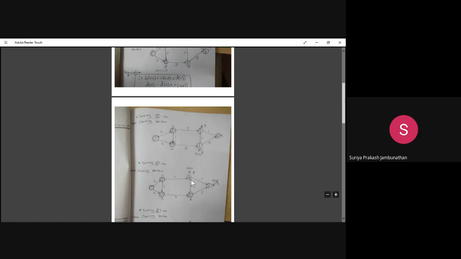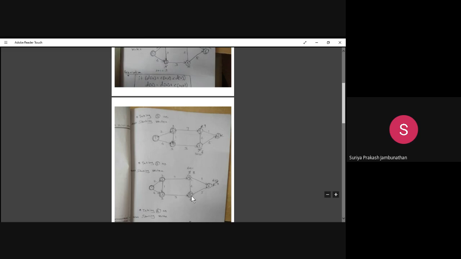Then further we are moving to this node. From 5 we can move to 2 nodes. One is 4, another one is 6. So already we identified the weight for 4. Now we are moving for 6. So when we are moving for 6, the node weight is 6 and the edge weight is 5. So 6 plus 5, we are getting 11. So 11 will be put and we are striking out the infinity. Okay. So we have taken the 2 nodes we can travel to from node 5.